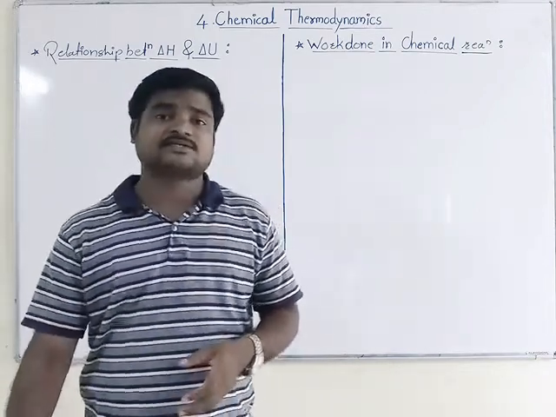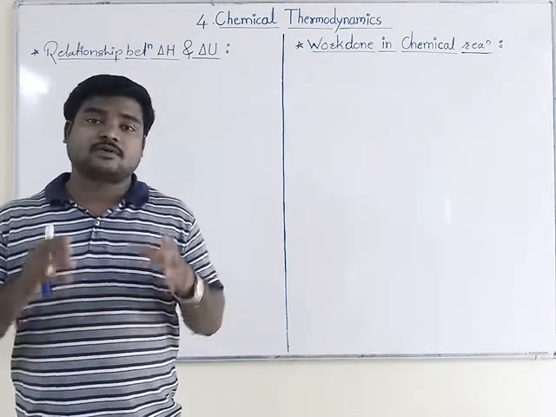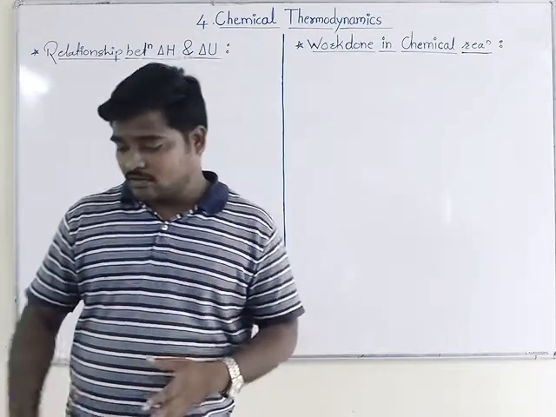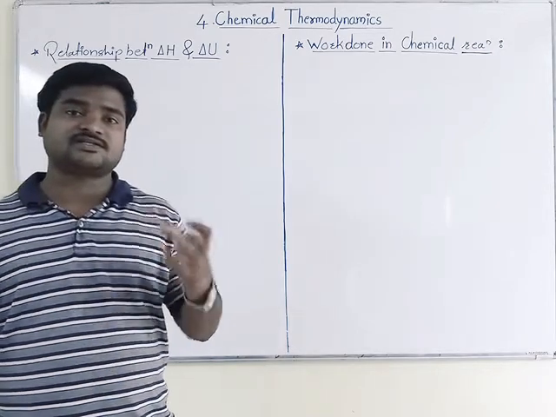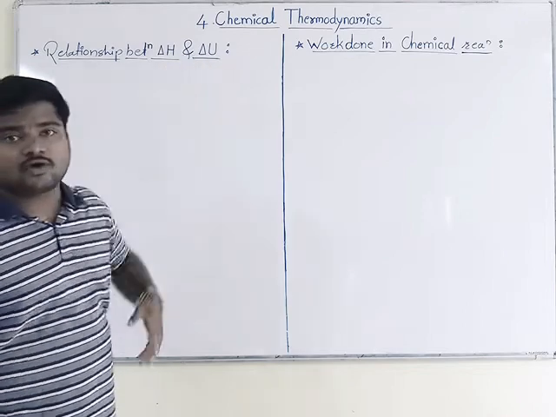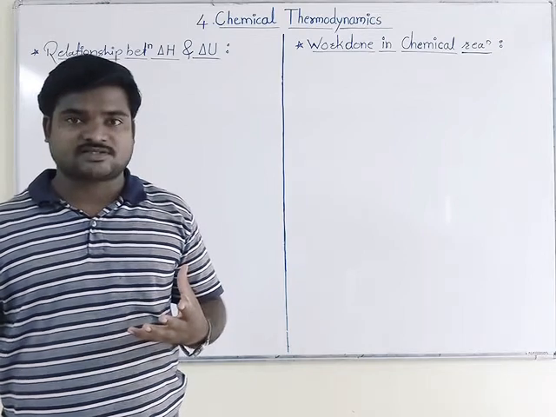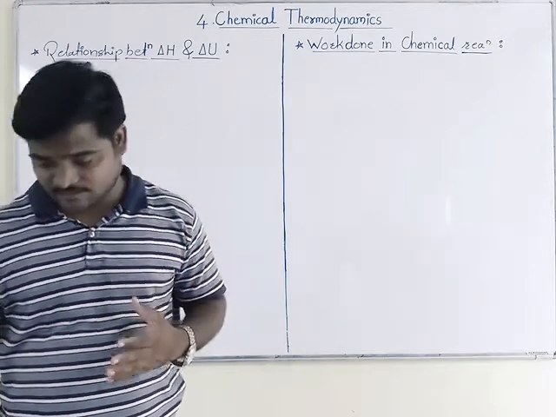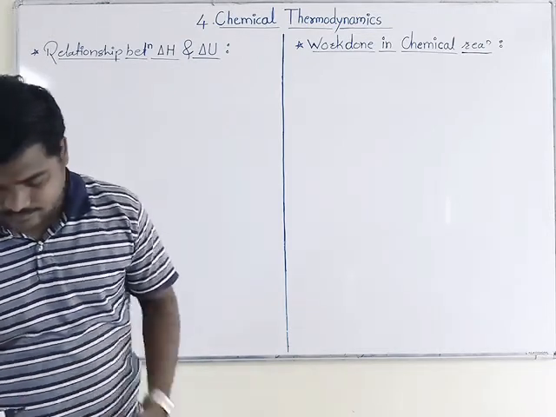Now in our last lecture we have seen the point enthalpy: H is equal to U plus PV. This equation we already studied. Now in continuation with that, we will show the relationship between these two factors, and we already learned that both these factors are nothing but state functions, meaning their value depends on the initial and final states of the system. So let us start with that equation.